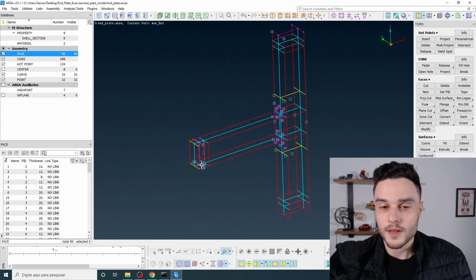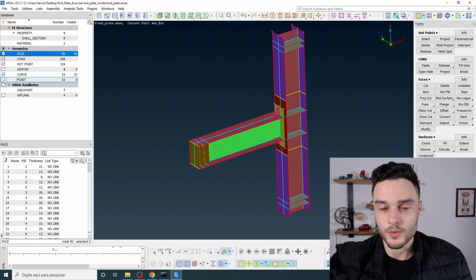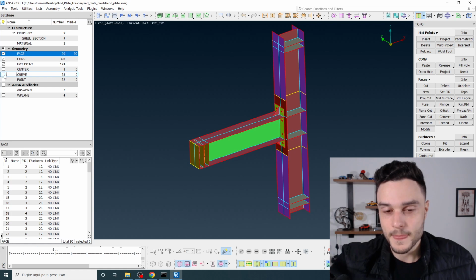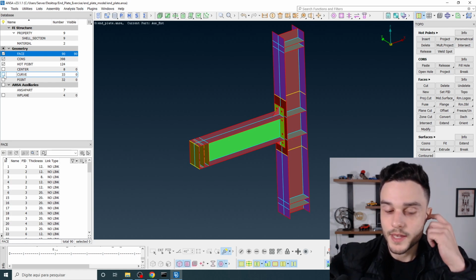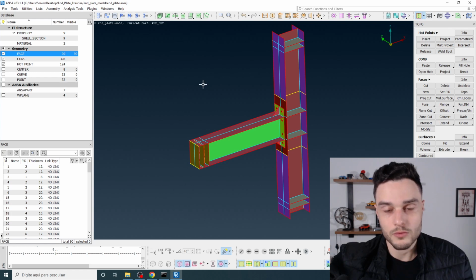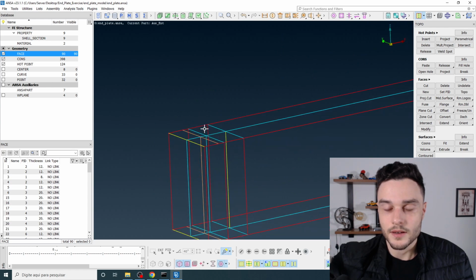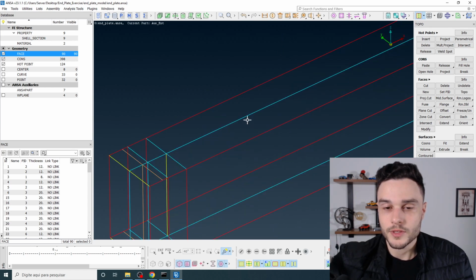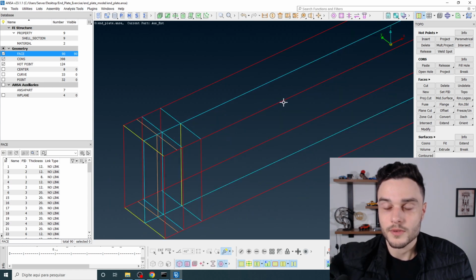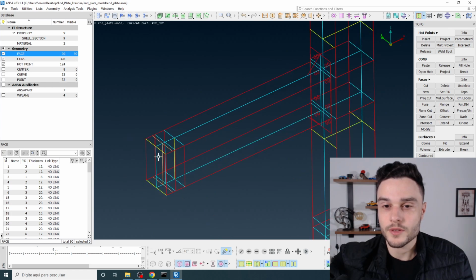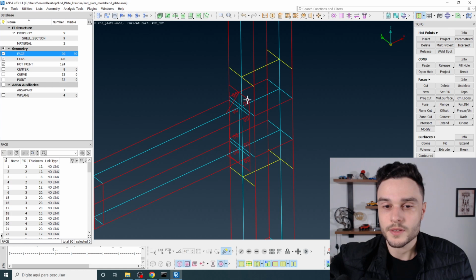I can have this visualization mode activated, and let me deactivate the visualization of points, because it's not really helping, and also curves. I don't want to see curves and points. And now I'm going to hold Control and Shift, and in here I can easily see the cons, right? Cyan cons are connected to 3 or more faces. Red cons are connected to only one face. So you see that the red cons are in the outer perimeters of the faces,